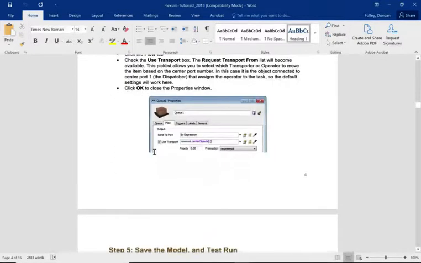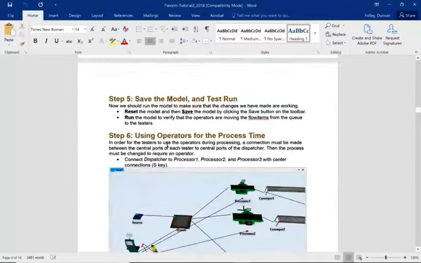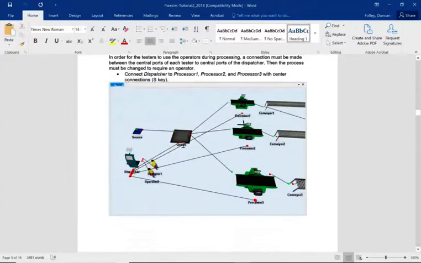We're going to be looking at how to use transport for the queue. This is going to create a lot more connections, but you can notice here the connection is not from the left or the right, so it's not an input, nor is it an output. It's a center port connection, so it's coming from the bottom. Just looking at this diagram, we can see there's a center port connection to the dispatcher. So it looks like the queue is going to request transport for the box to go to processors 1, 2, and 3. But we also notice that the processors 1, 2, and 3 have a center port connection in,